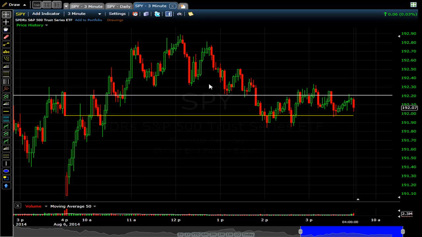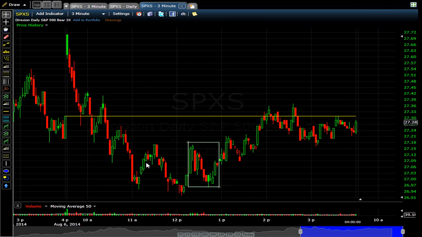So my whole thinking process was that SPY is going down, so I'm going to short, but there are clues and indications, price action built into this chart, where I can see that it is putting in a downtrend, or telling me there's a weakness in SPY, so it's okay for me to go short. And SPXS here is going into an uptrend, so vice versa is true at the same time. If you look at SPY and SPXS, now I'm going long because the uptrend is starting. And that was it.